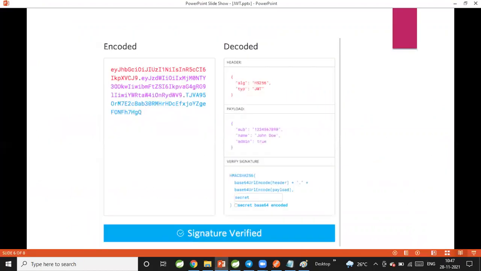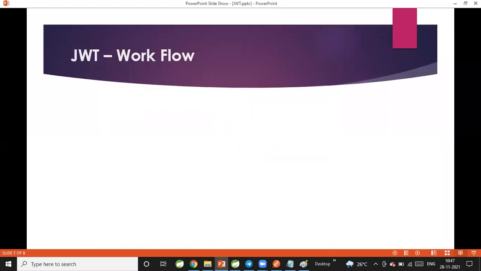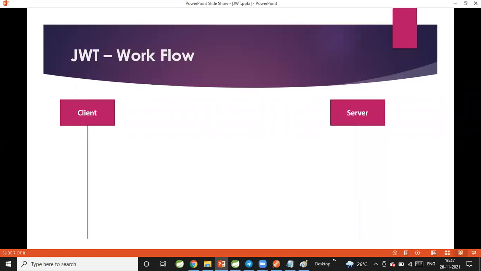Let's continue. Now, let's try to understand the JWT workflow. If I am using JWT in the application, how does it work internally? First, two applications will be available: a client application and a server application. Can any client access the application, or only our business clients?